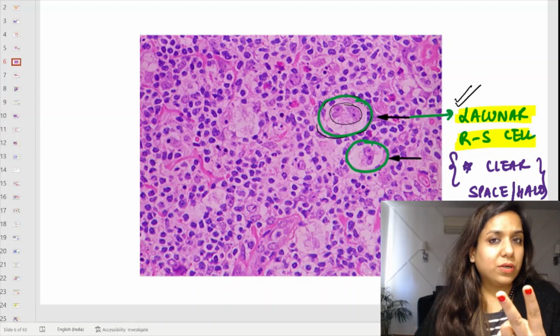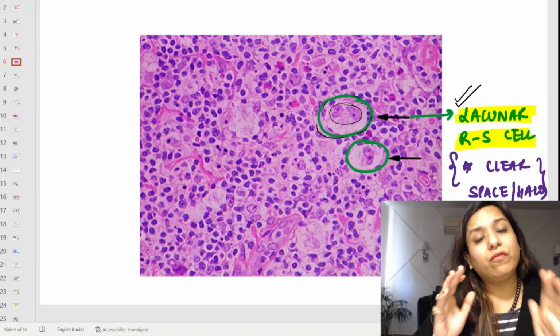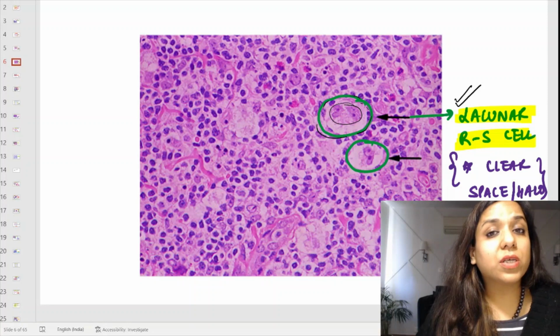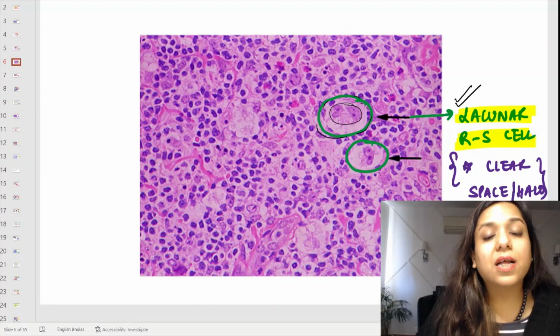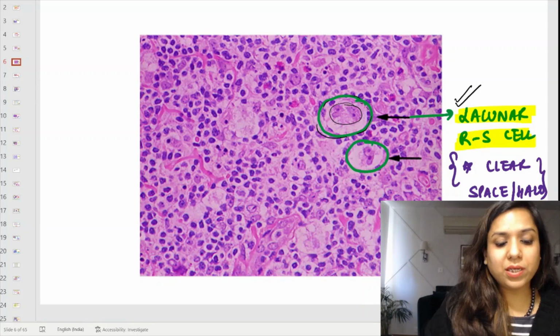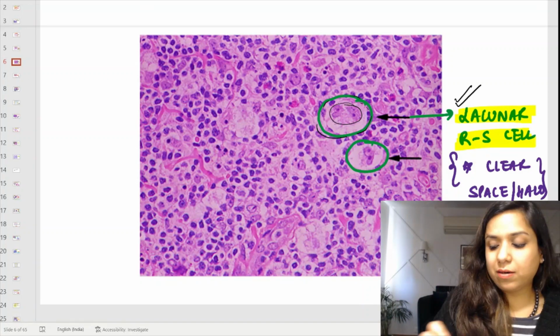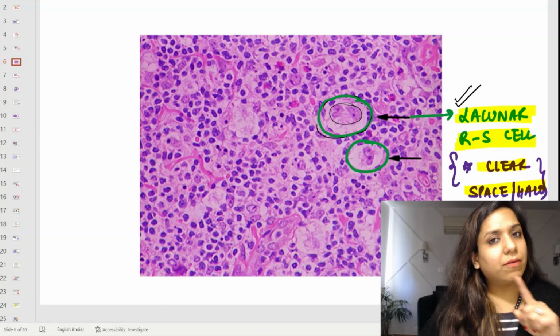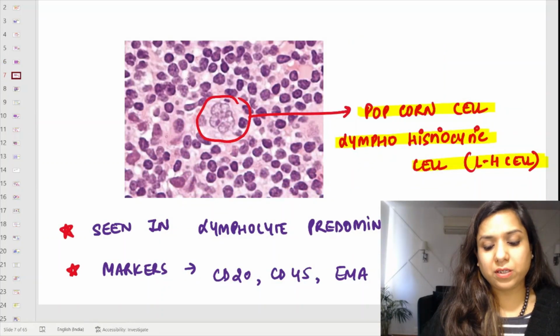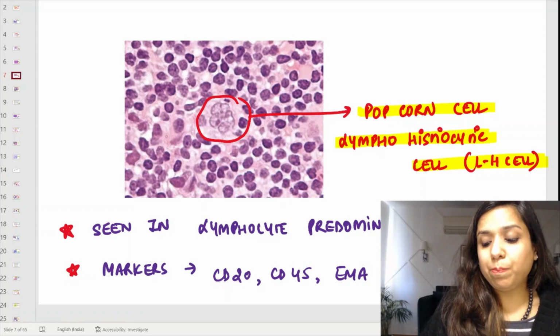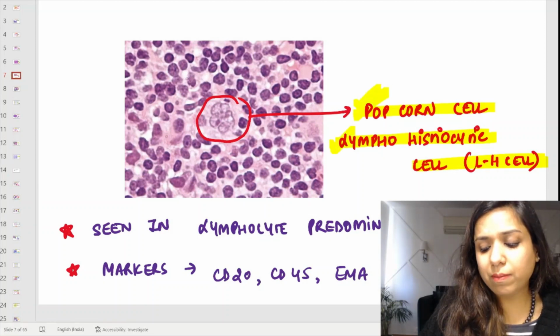Two important points to take home regarding this. In which type of Hodgkin's lymphoma do you see lacunar Reed-Sternberg cell? Answer is nodular sclerosis. And the other is these are also CD15 and CD30 positive, right? Very important, correct? Let's move to the third type of Reed-Sternberg cell, that is called a popcorn or the